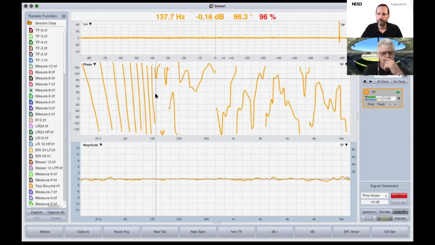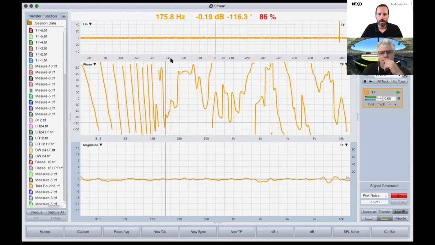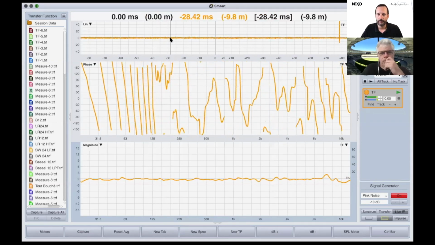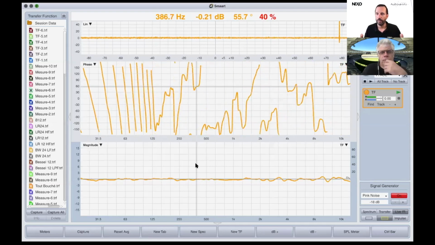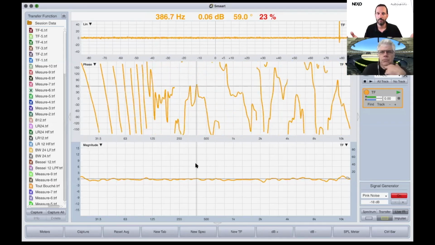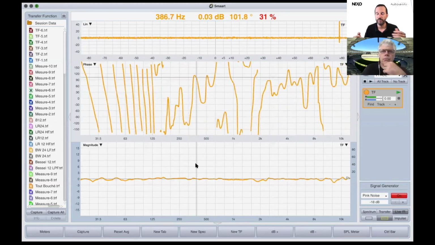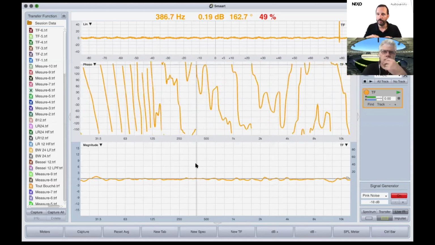So what we see currently is on the bottom part of the screen, we have a magnitude. In the middle, we have a phase. And on the top, we have the impulse response. So what I should be measuring now is an empty box. If this empty box is perfect, and it should be the case, I should have something completely flat,